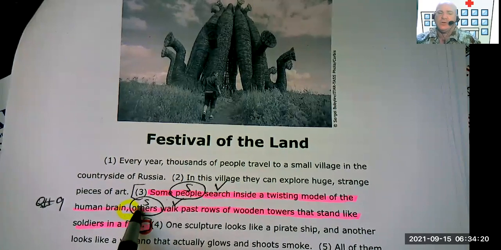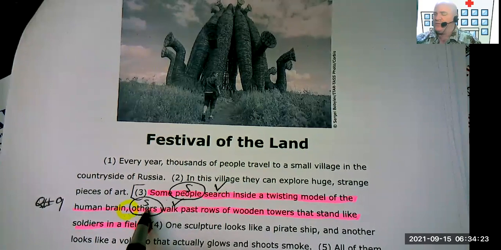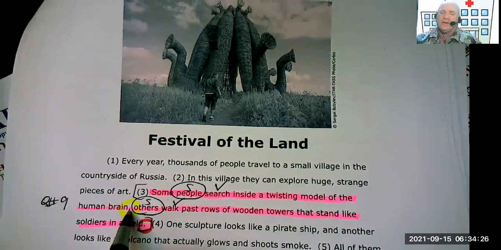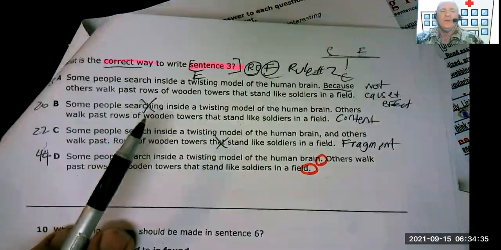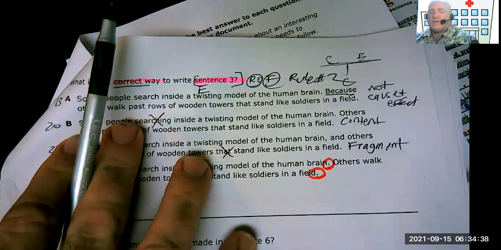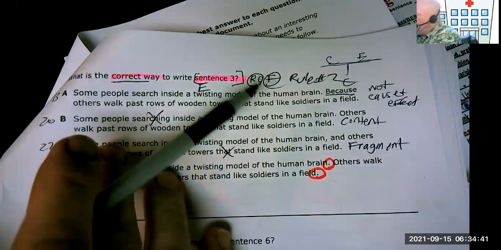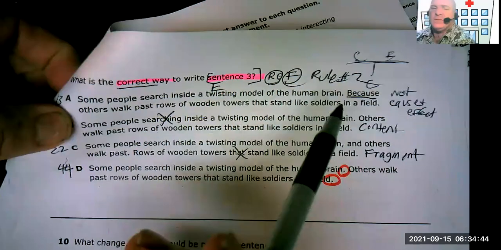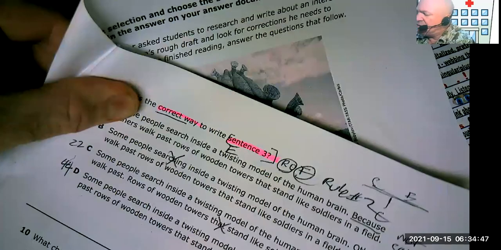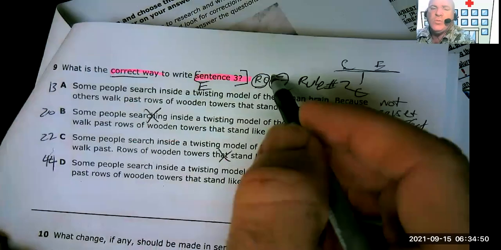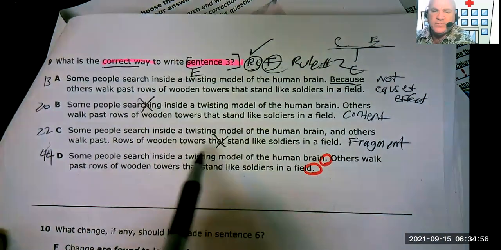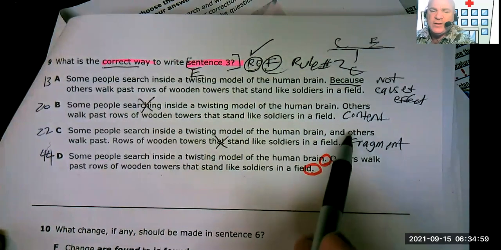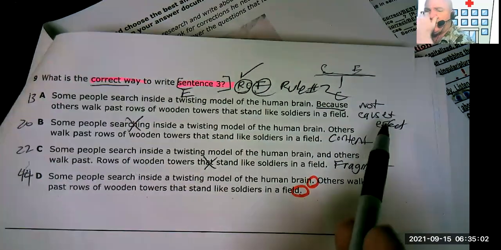So this sentence, because the second portion is completely unrelated to the first portion, they should have put a stop sign and a capital here. That's as simple as what they had to do. But when you look at the letter choices, they're all pretty low. So let's see which answer did the correct thing. Since we read the sentence, we know that the problem is a run-on. And so we've got to fix the question without changing the content, without having a fragment, without having a wrong cause and effect relationship